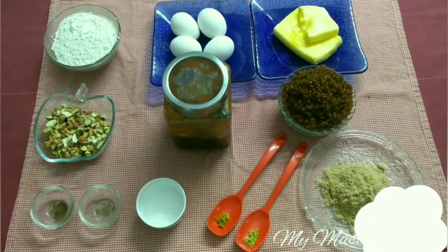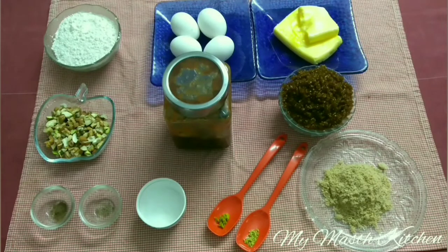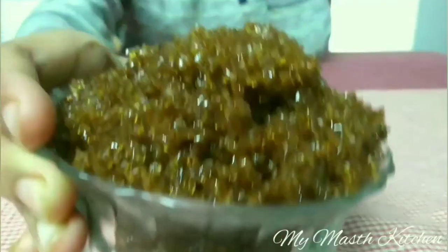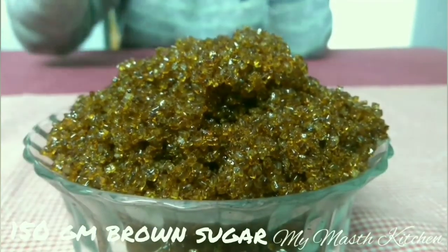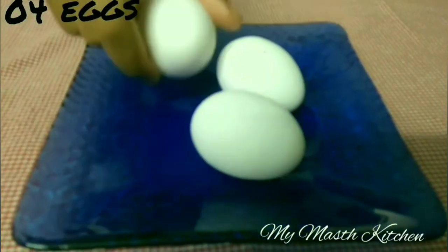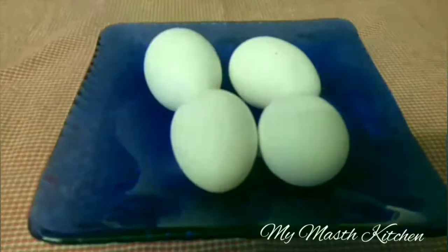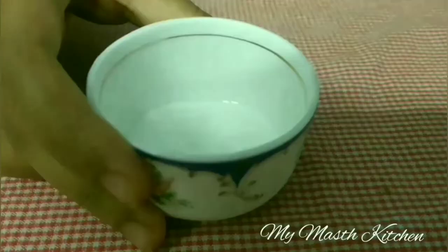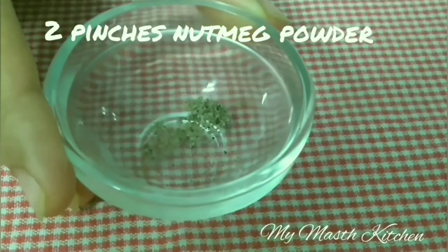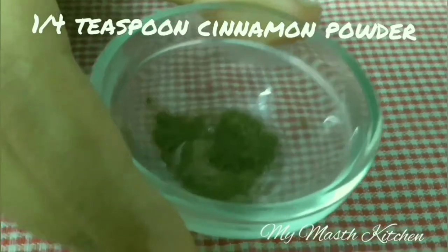To prepare Christmas fruitcake, we need these ingredients. 150 grams all-purpose flour, 150 grams brown sugar, 150 grams butter, 4 eggs, half cup almond powder, 1 teaspoon of baking powder, 2 pinches of nutmeg powder, 1/4 teaspoon of cinnamon powder, zest of 1 lemon,